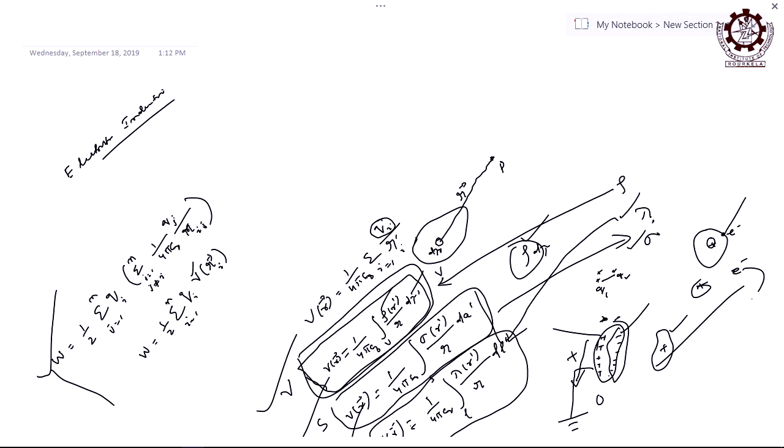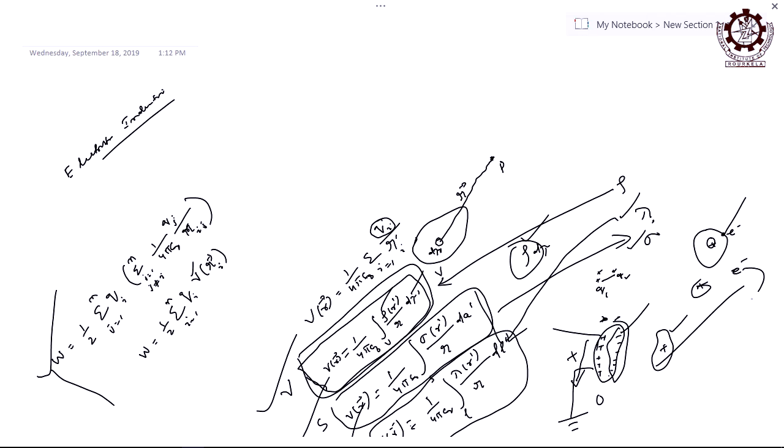If you want a negative charged body, you put a positive charged body, but if you want a positive charged body, just take a negative charged body, just reverse it. Then you can do induction, either positive or negative, depending on what kind of charge you want to induce. But the process is called induction, because this charge arrangement is because of induction. If this body is not there, the charges can never arrange in that way.